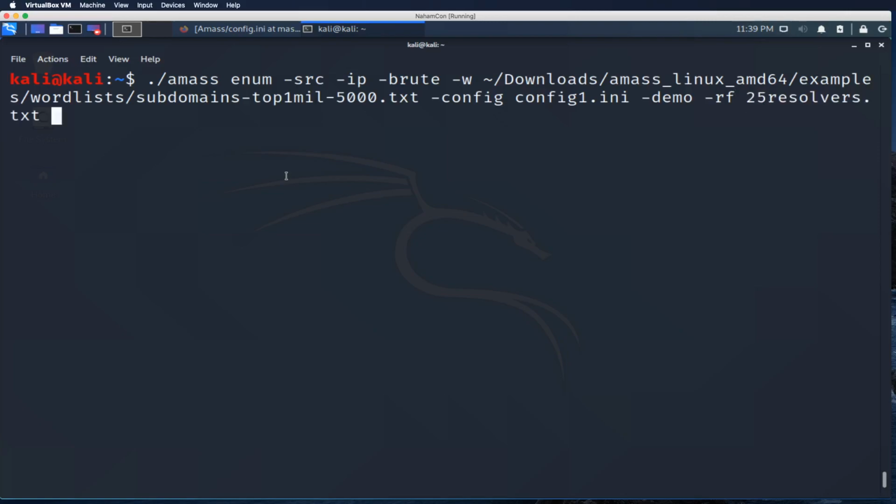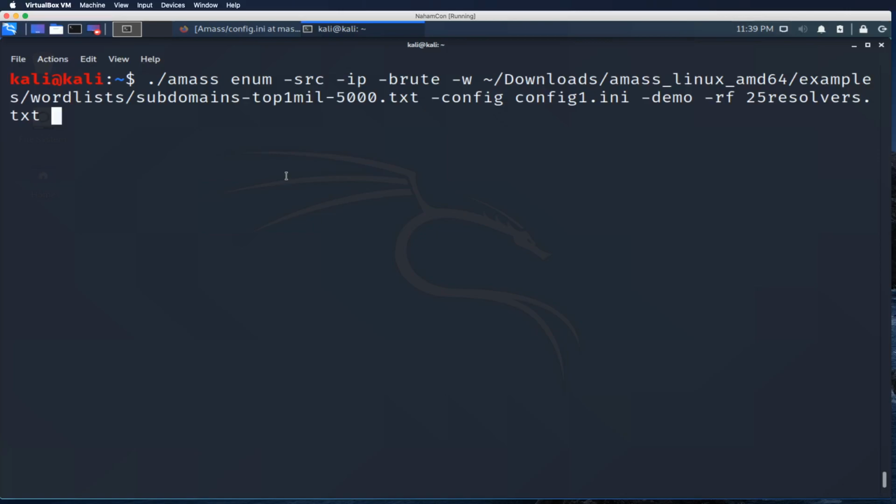So what this will do is it will make it so that Amass will not use the default resolvers. It will set up the enumeration to use those resolvers instead, and it will also automatically try to speed things up to consider the fact that we're now using 25 resolvers and we're not using just 6 or something like that. All right, so now we are ready to